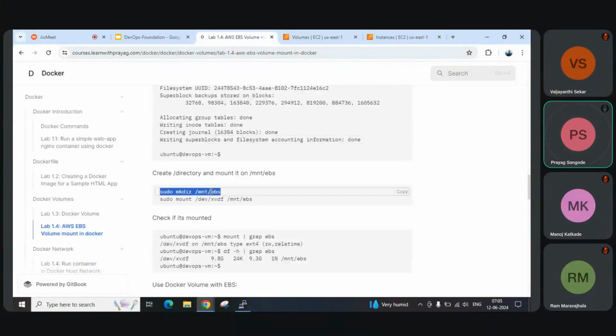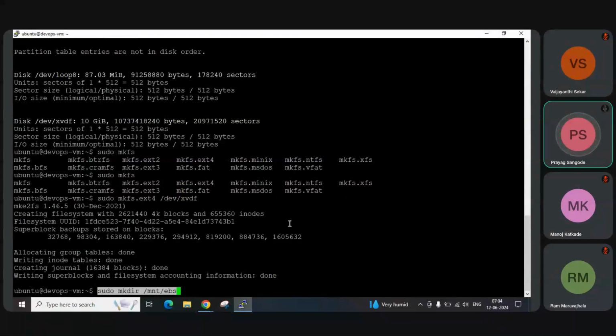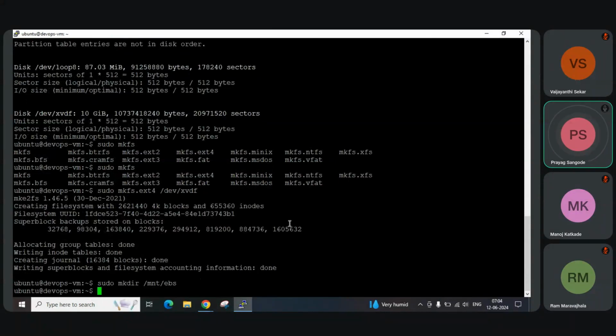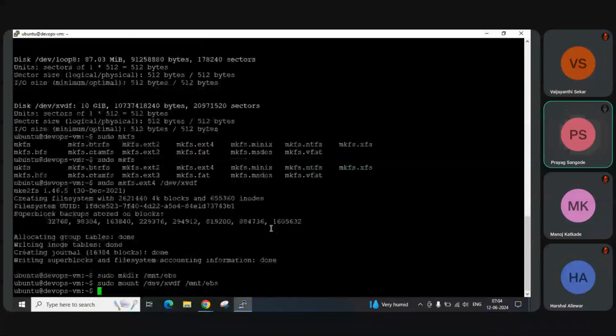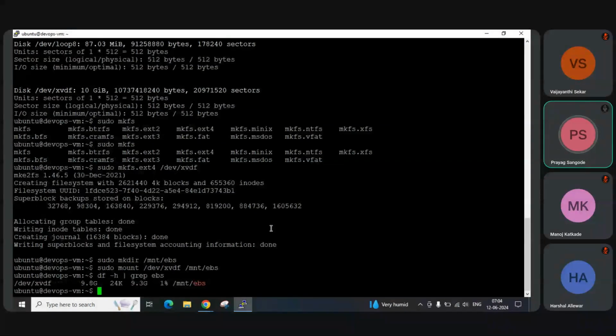So I'm creating a directory called EBS inside /mnt. Okay, the /mnt directory is already inside the host. So I've created a directory, and on the same directory I'll mount it. Okay, so the mount is done. We can cross check it using df -h | grep EBS. Okay, we can see that a 10 GB disk is attached to this host and it is mounted on /mnt/